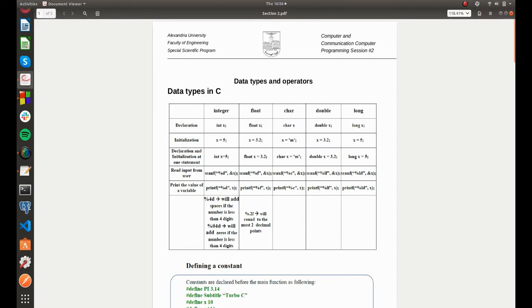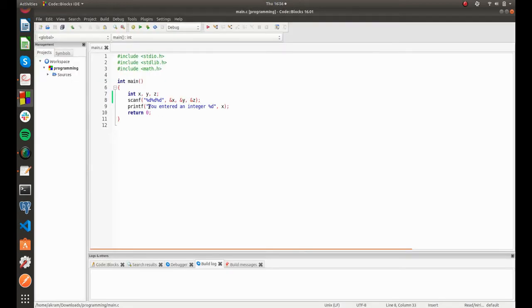To print the value in a variable, we will use the function printf. So printf, as we know from the labs and the previous tutorial sections, will take the sentence you want to print, and if you want to take a value from the memory, you need to add the identifier, the data type of it. So here we are dealing with integers, so I will use %d, and from where in the memory you will take this value. So here you entered an integer %d, it will take the value that is entered inside the x. We can write the three integers, so you entered